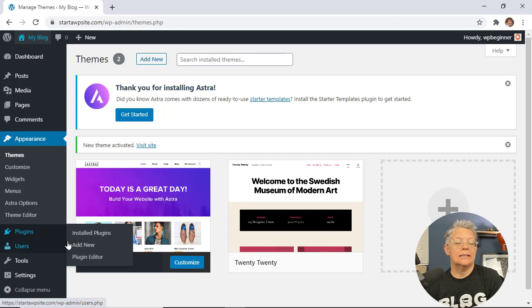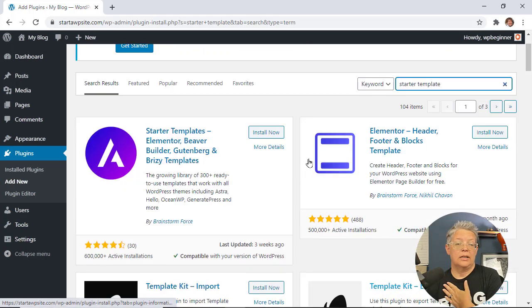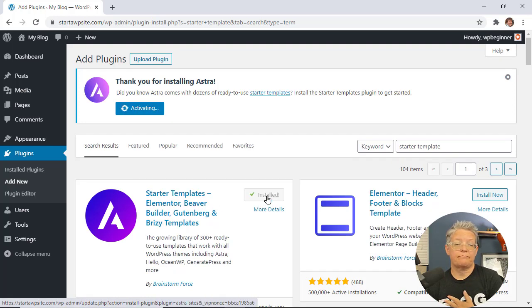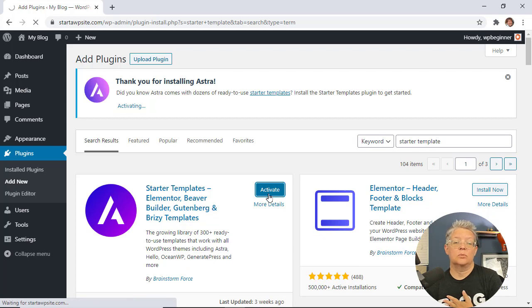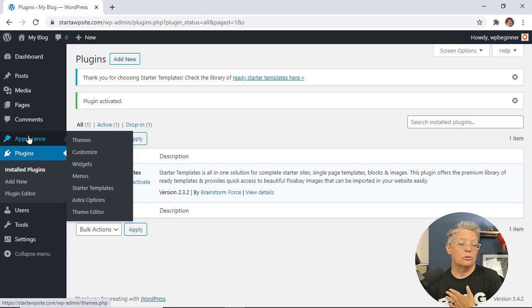So let's go to plugins, add new. We're going to look for the starter template pack. And so if you type in starter template and scroll down, you see by Brainstorm Force, that's what we want, the starter template element, and we can install this. And we'll go ahead and activate it as well. And now we see the starter template here, and you can either come down here to say see library, or if you ever want to come back to it, you can go to appearance, starter templates